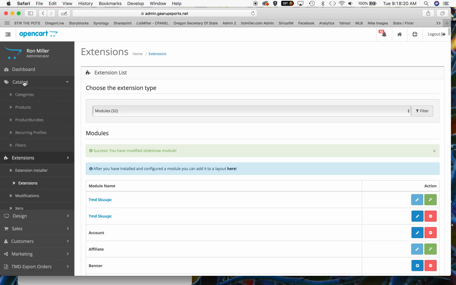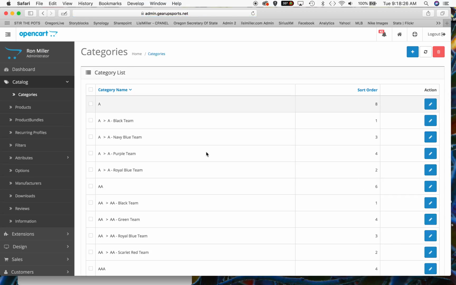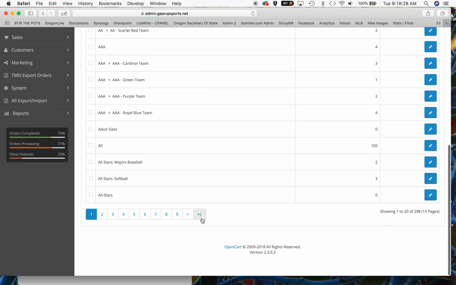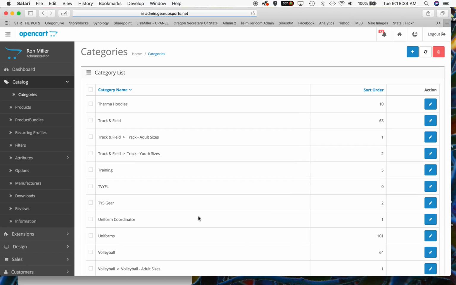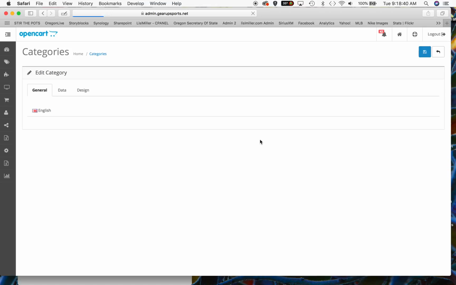I'm going to go up here to catalog and go to categories. And here, I'm going to scroll down, and at the very bottom, we want to go to the very end of the list, and that's what this icon means. If I click on it, it will go to the very end, and I want to go to the very end because youth sizes, I know, is the very last item in the list. So I click on it,